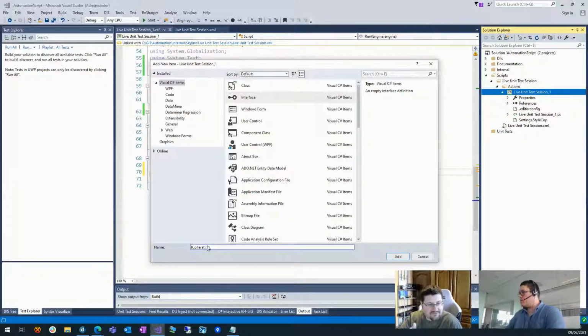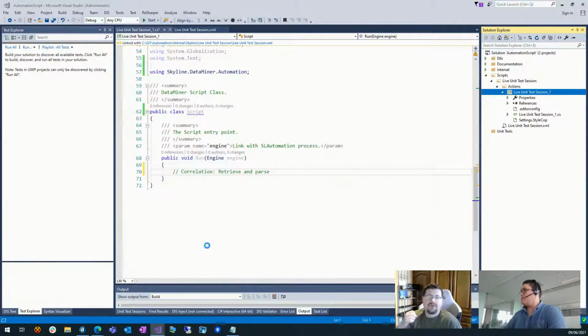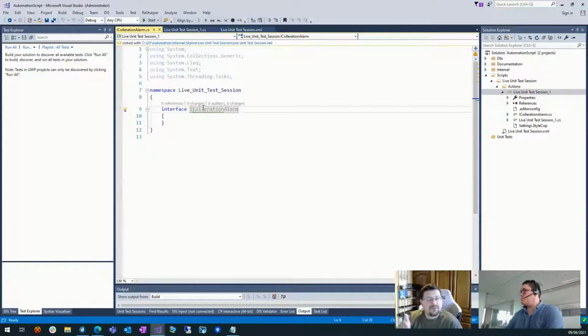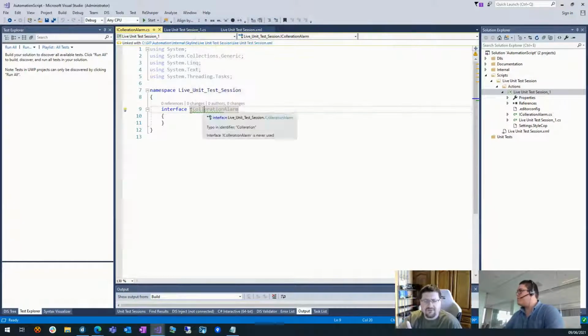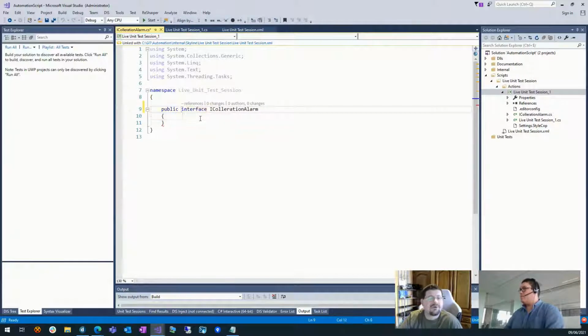So first of all, we'll make a correlation interface. Now, a lot of people who aren't used to working with libraries or testing would say, well, what's the point of an interface? Just make the class and be done with it. But the point of an interface, and we'll show that here, is that it allows you to separate your testing. It allows you to mock or fake that alarm and then use that as an input in your tests to test something else.